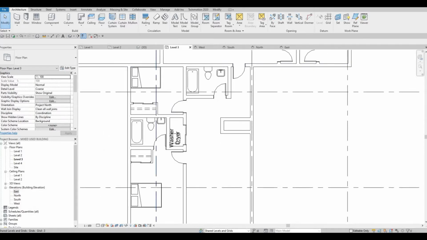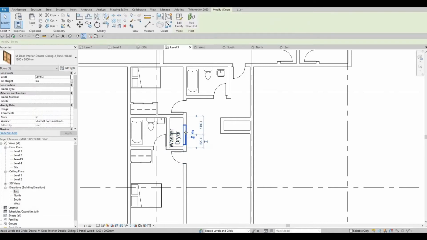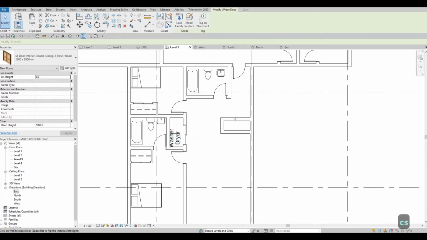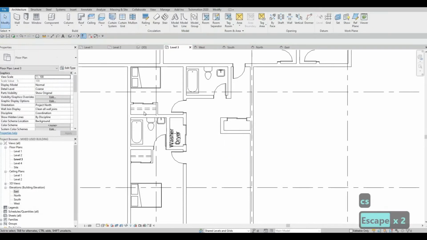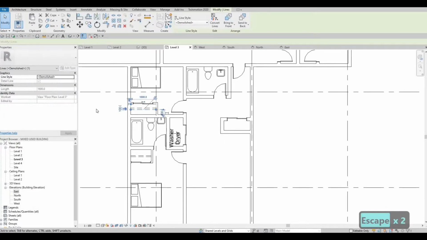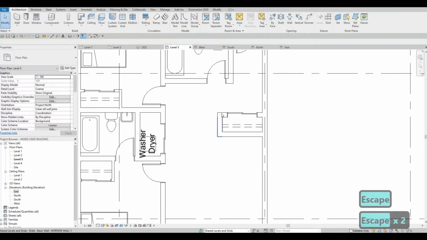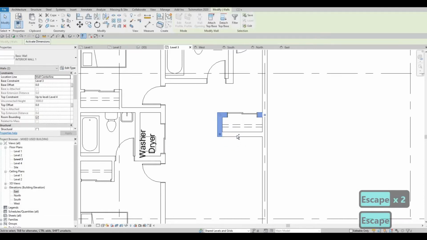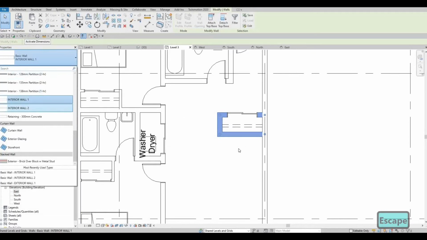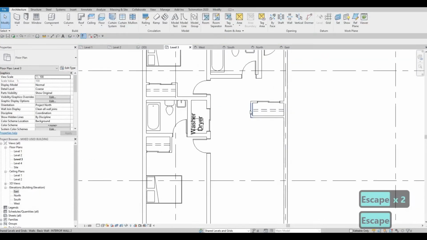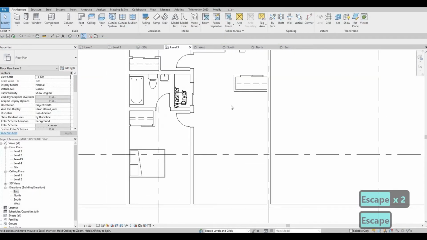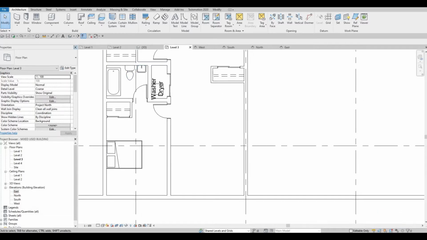So let's continue working on this. Let's add this kind of door, the sliding door, CS that, and then we could add it here. And then for our lines, let's use this and then CS again. So we're just basically adding this. We want to make sure that this wall is the interior wall number two, the thinnest one, so we could have it like that. And then now we could create our kitchen. We're just gonna simply add kitchen,